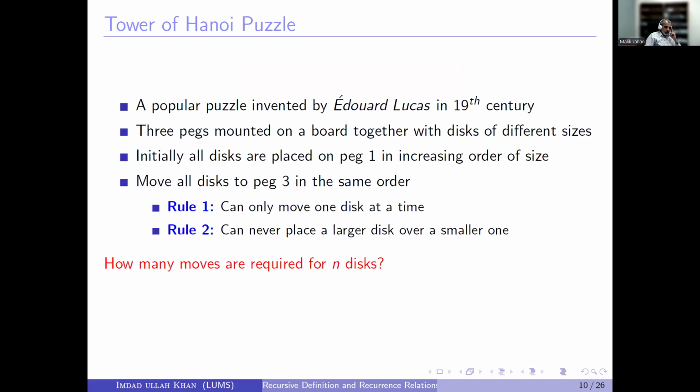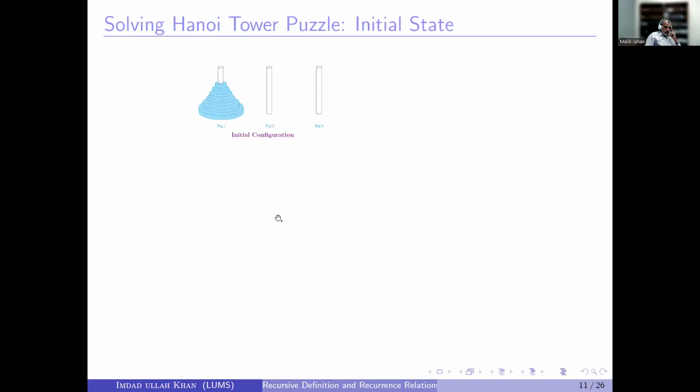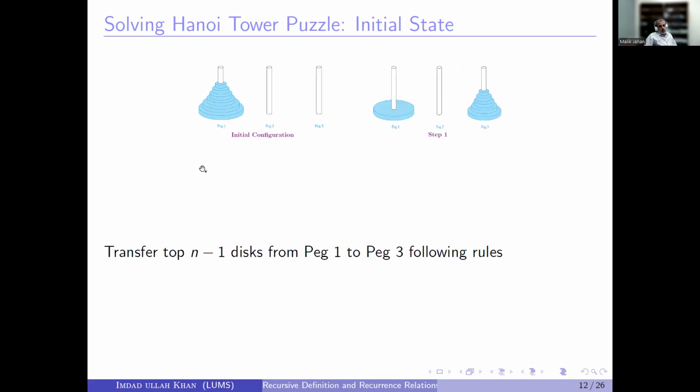The question is, how many moves are required for n disks? So let's try to compute or estimate the number of moves which are required. This is our initial setting. We have 3 pegs. The first peg is filled with all those disks arranged in sorted order, such that the bottom one is the largest in size and the top one is the smallest in size. We apply rule 1, rule 2. So if we succeed somehow to transfer the top n minus 1 disks from peg 1 to peg 3 using those rules,